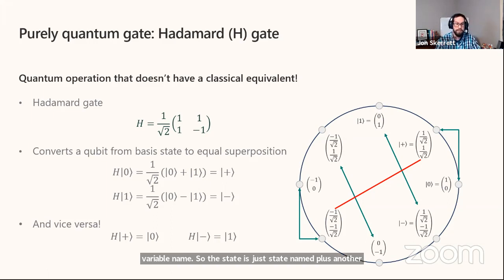Another interesting thing about the Hadamard gate is that it takes a qubit in equal superposition state and puts it back into the basis state. So we can transform both the basis states into the superposition states and the other way around. We're going to make use of both of these properties today. Again, you can think about this gate as kind of a reflection across that red line, at a 22.5 degree angle with the 0 state. And that contrasts only slightly with the bit flip gate, which is a reflection across the 45 degree angle.